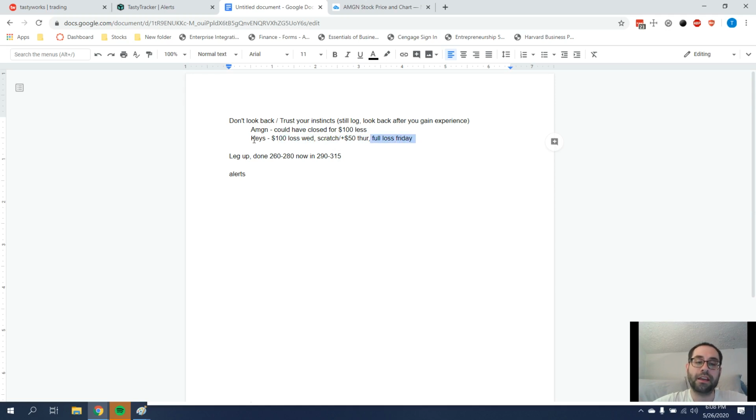So this is an example. The KEYS example is one where I trusted my instinct, and I think it turned out the right way because odds are you're not going to be able to time it correctly. So Thursday, maybe it wouldn't have filled. Maybe I would have closed it in the morning or in the afternoon, and those wouldn't have been as advantageous as it was. I just know I looked at it at one point on Thursday, and it was at a $50